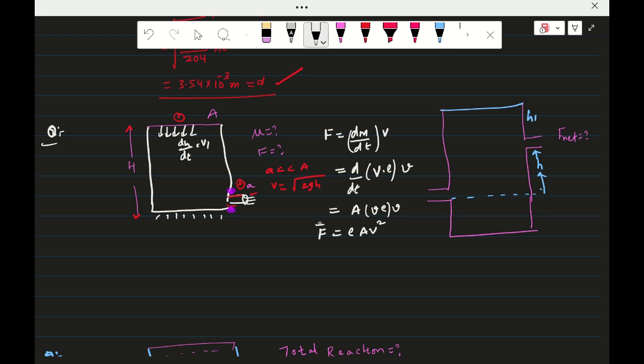In change in momentum, in Newton's laws of motion, we also studied the same thing. The force is equal to rho A v square, from the change in momentum. Here v square is equal to 2gH, which you can substitute, where H is the height. Now, because this force is acting in the opposite direction on the tank, the tank can move in the direction opposite to the applied force. So for the tank to be at rest, in equilibrium,